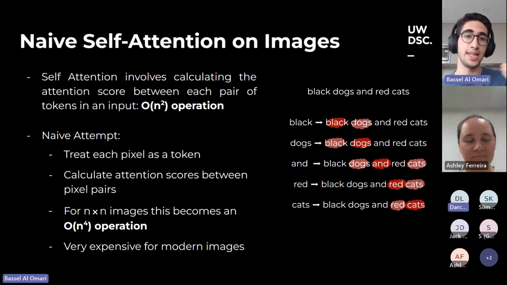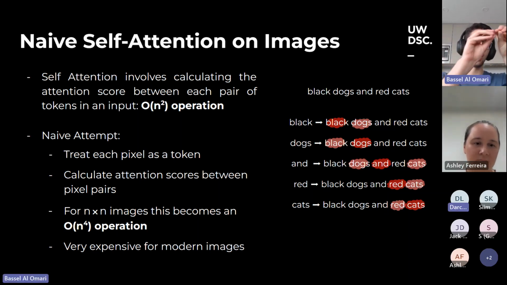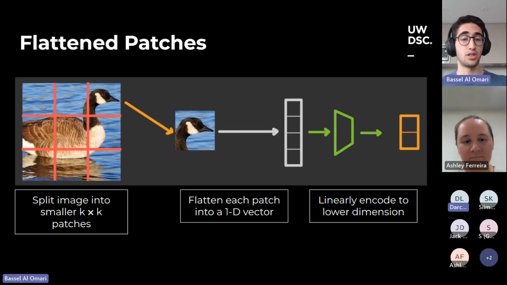So if we were to naively take this approach in order to analyze images, what you could do is calculate the attention scores corresponding to each pair of pixels. So for each pixel in the image, you'd calculate the corresponding attention score to all the other pixels in the image. And for images that let's say are n pixels by n pixels, this becomes an n squared operation, n to the power of 4. And for modern image standards, images that have millions of pixels, this is a very expensive operation. So what they introduced in the vision transformer paper is